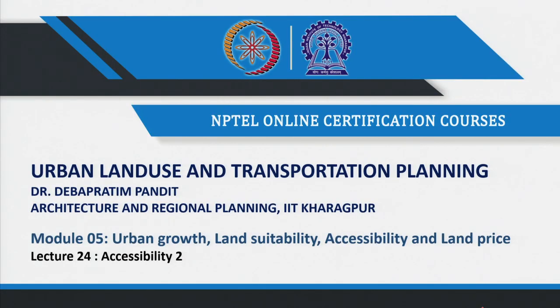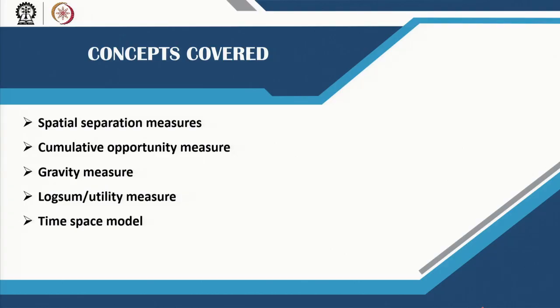Welcome back. In lecture 24, we will continue with accessibility. So this is the second part of the accessibility lecture. The different concepts that will be covered are spatial separation measures, cumulative opportunity measures, gravity measures, log-sum utility measures, and time-space model. And these are the different ways Bhat has divided or categorized the different kinds of accessibility